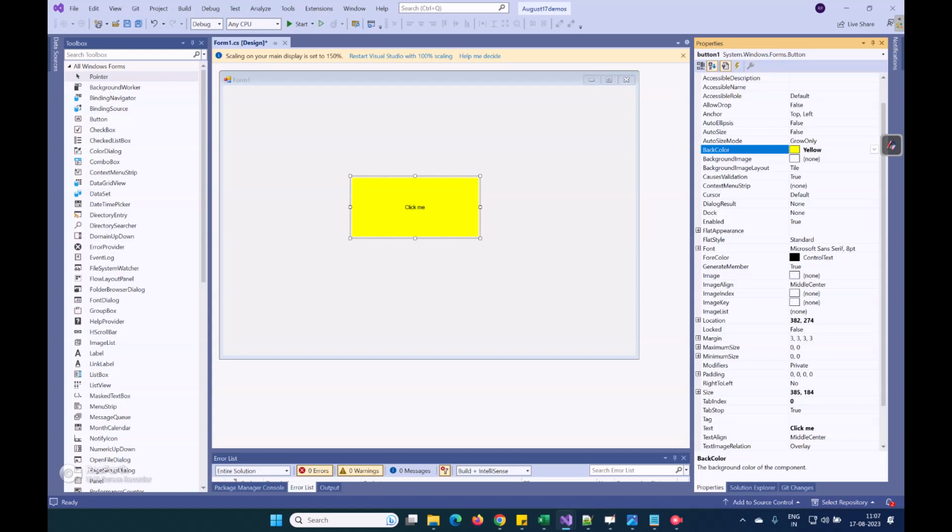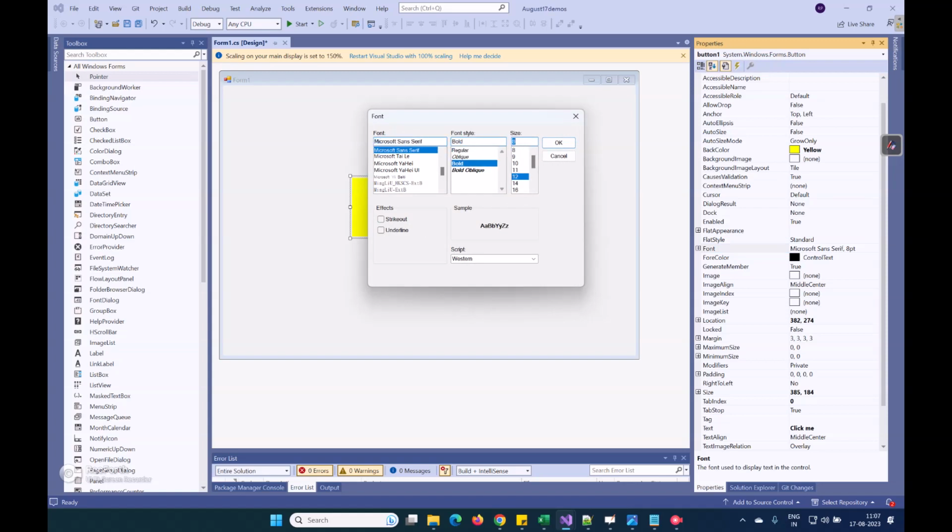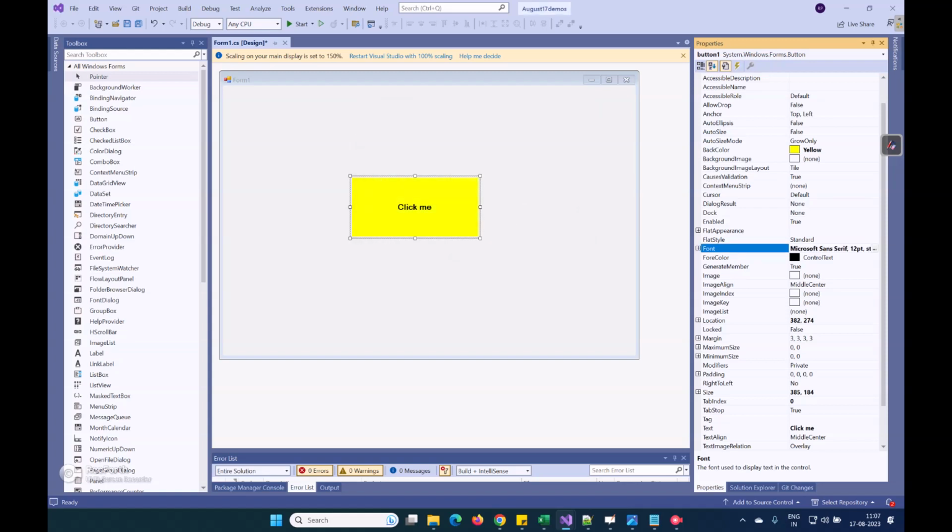Properties here. Now font is also there. Also some font properties are there. Three dots are there at the font. Click that font property.